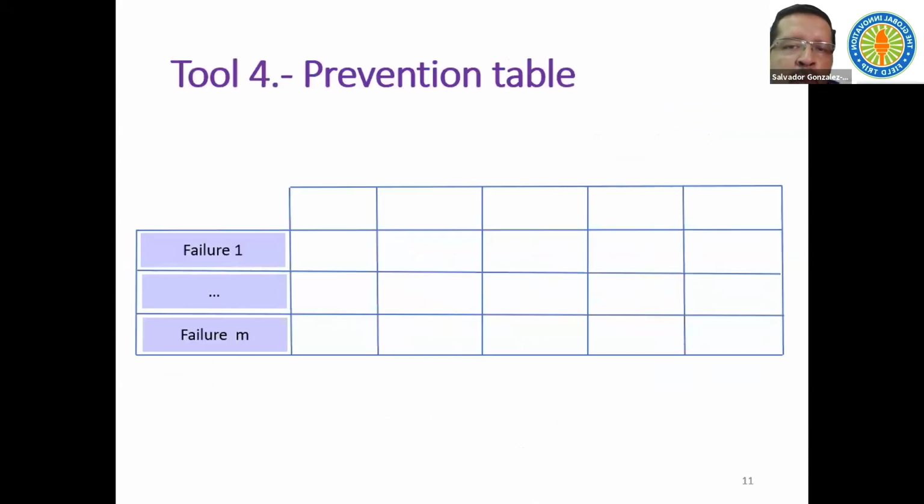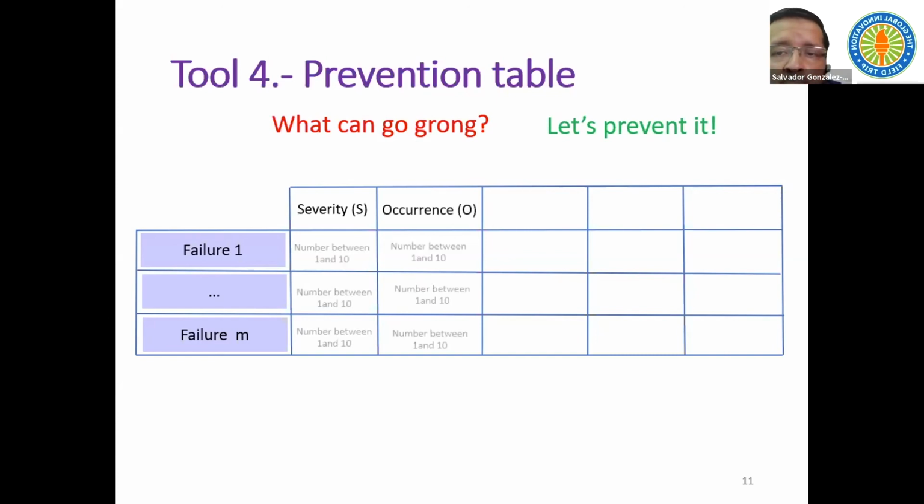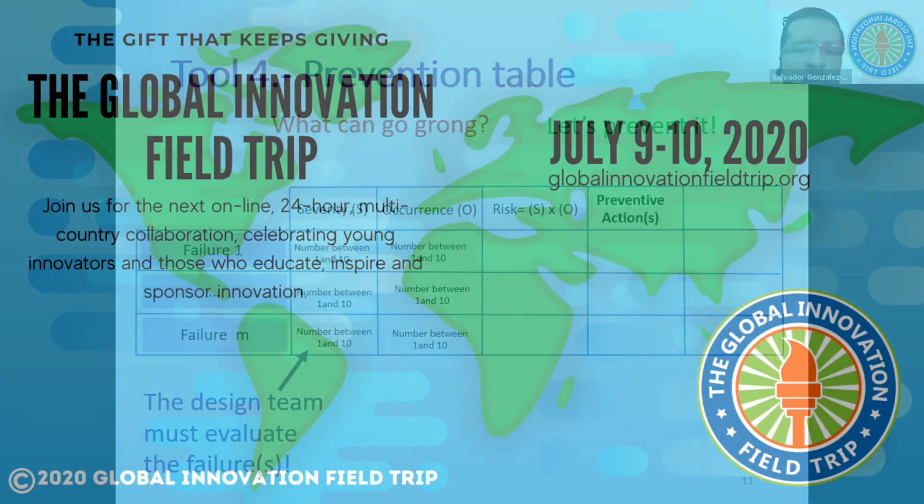And what about the prevention table? The prevention table is to think a little bit in terms of the potential failures. And we will have a rank to evaluate them and also the actions that we will perform in order to evaluate a kind of the